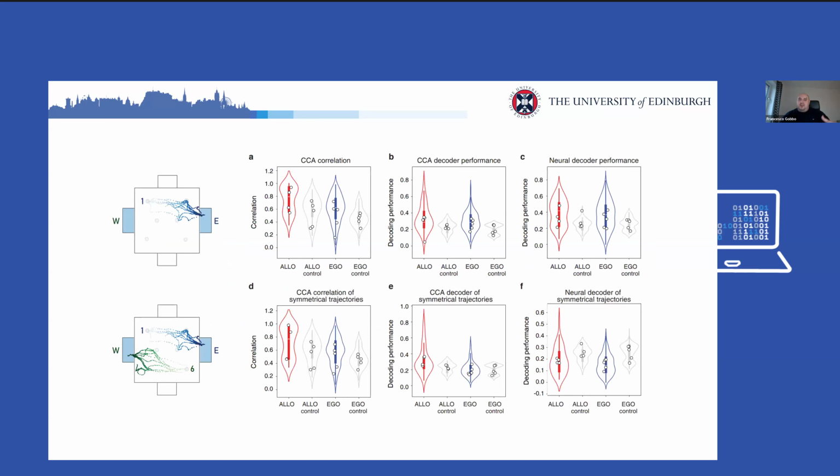While we did find that allocentric animals had a higher structure in their trajectory, nevertheless the representation in terms of neurons active between the two trajectories in the egocentric animals was still different, and we could still distinguish the two trajectories by looking at the activity of neurons. This suggested to us that the hippocampus still represents, in a passive way, the position of the animal just based on the available cues to the subject.